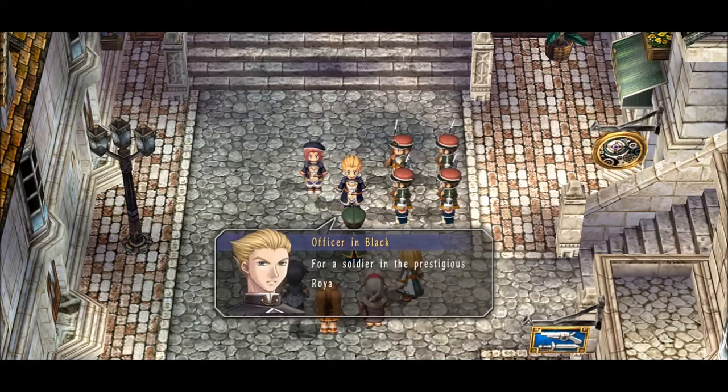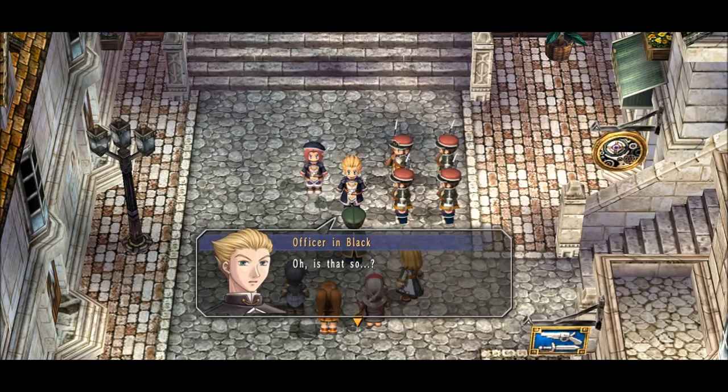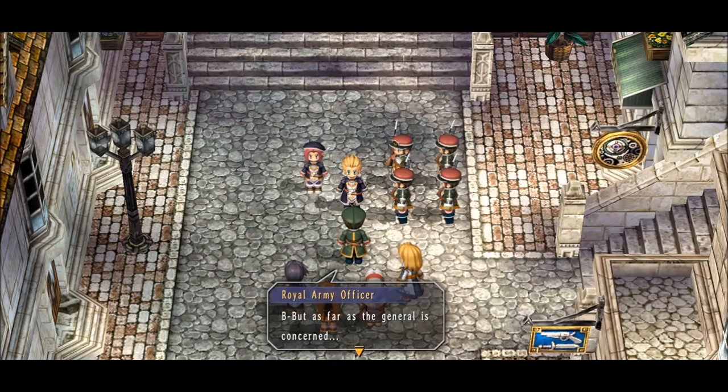Colonel! For a soldier in the prestigious Royal Army to be threatening our good citizens, this is an outright embarrassment to us all. But these aren't just civilians, sir. They're members of the Bracer Guild. Oh, is that so? Then I ask you once again, what is going on here? The army is supposed to be working closely with the guild. What do you intend to accomplish by being rude to our allies? But as far as the general is concerned...